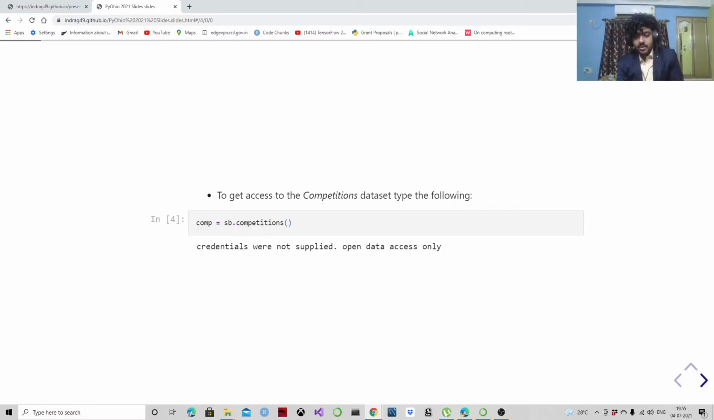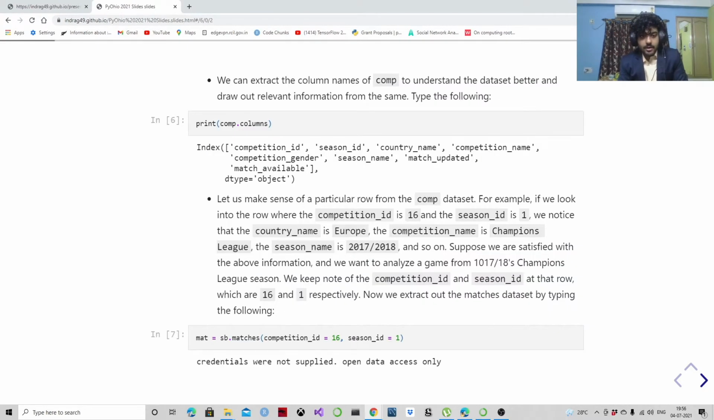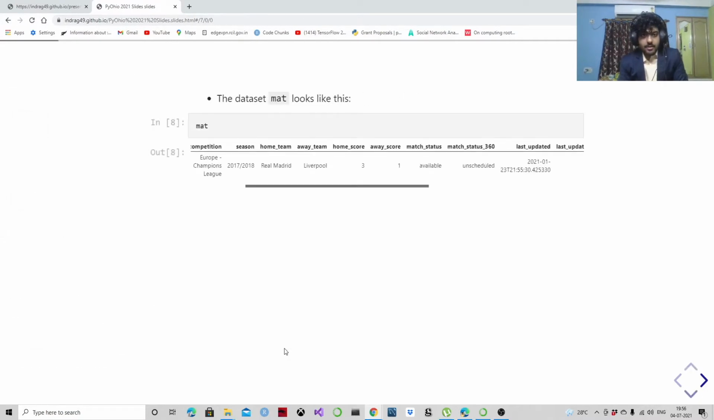Extract the competitions, and this is what the competition dataset looks like. So we have a competition ID, a season ID, the country name, competition name, the competition gender, the season name, and so on. Here the competition ID and the season ID, we will use together as a unique ID to extract the match dataset. Here I used the competition ID and season ID to extract the match dataset, and this is what the